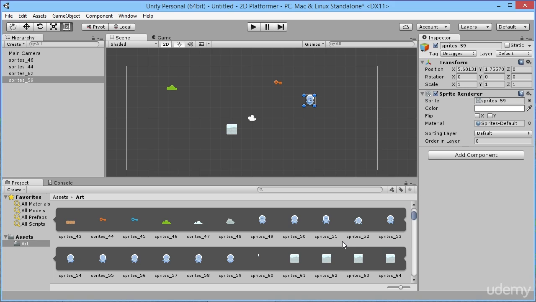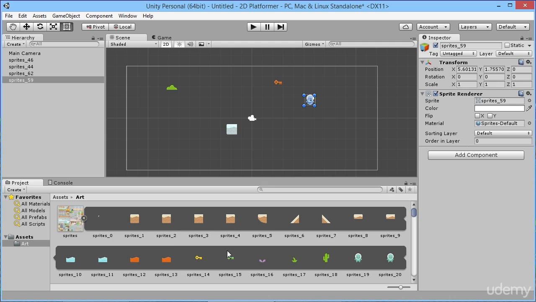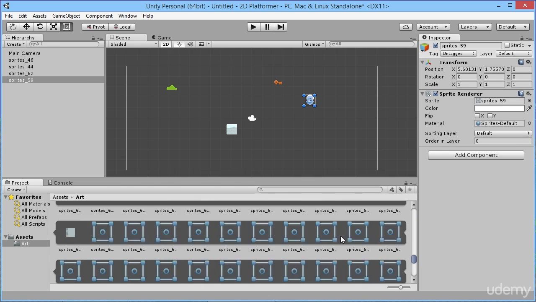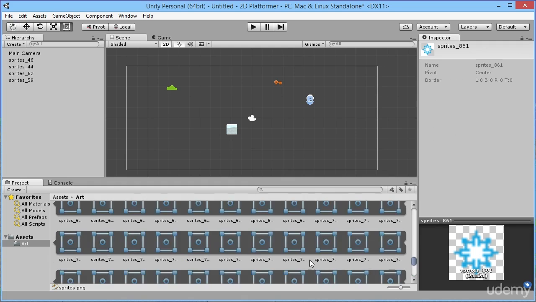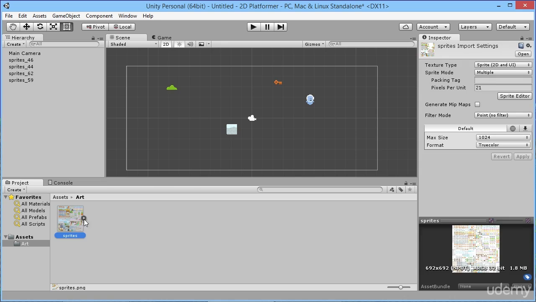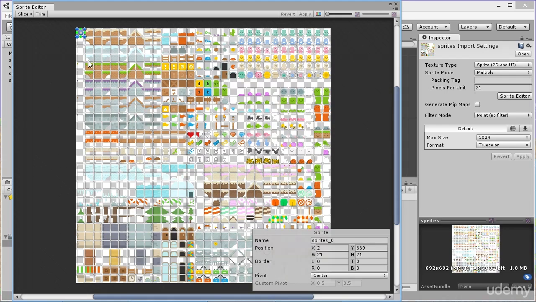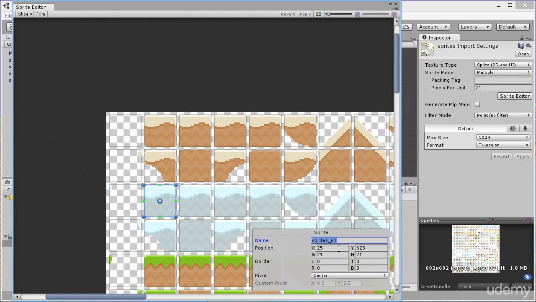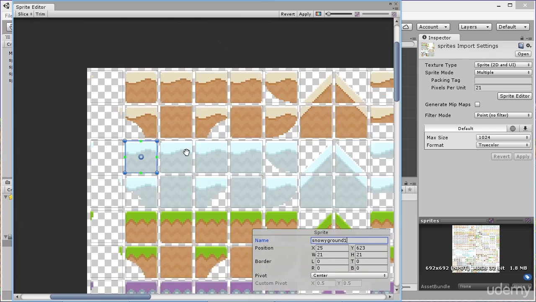And because we did an automatic sprite sheet, all the pieces are now numbered starting from 0 up to, how far are we going? 861. So as you can tell, there's a lot of pieces here on this sheet. So if you wanted to, if we go back to our sprite, click on the main sheet here and go to our sprite editor, what you could do is click on any random one and you could rename it here. Say, what is that thing that we just did? That's a bit of snowy ground. So if we said snowy ground 1, for example, we could save that by hitting apply, and then out here